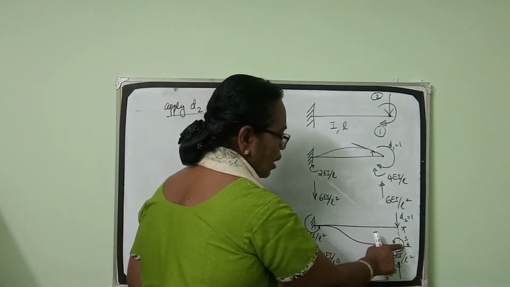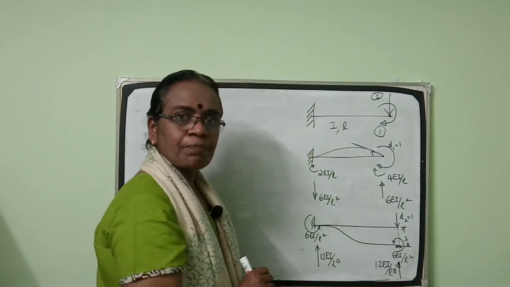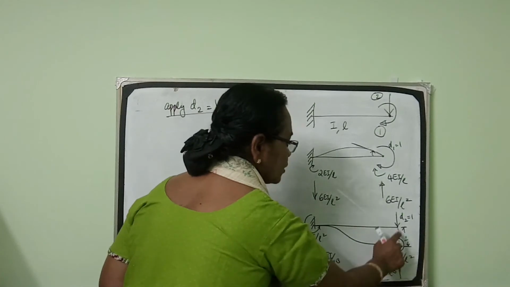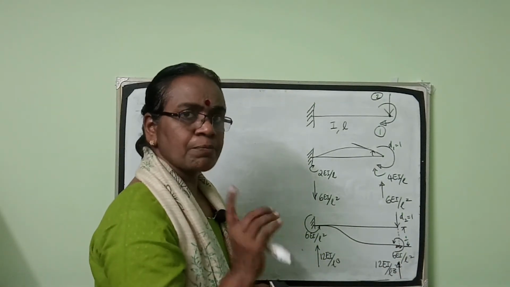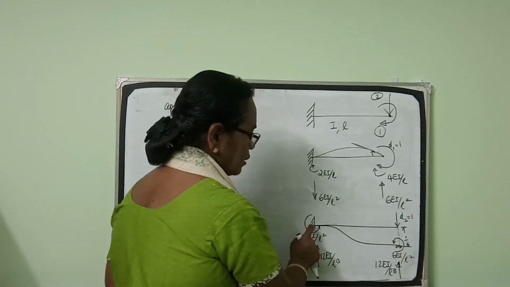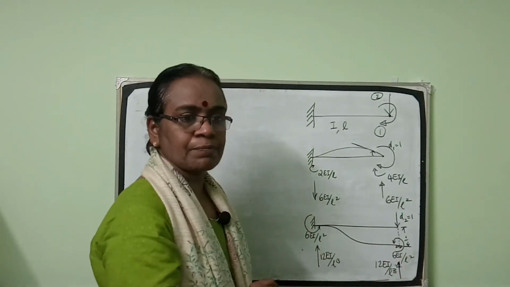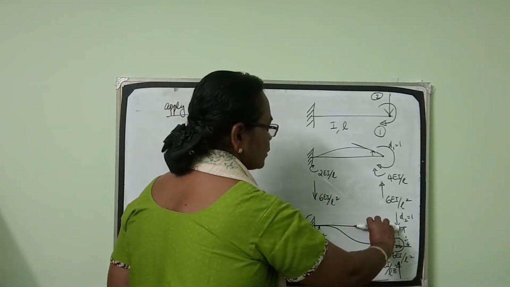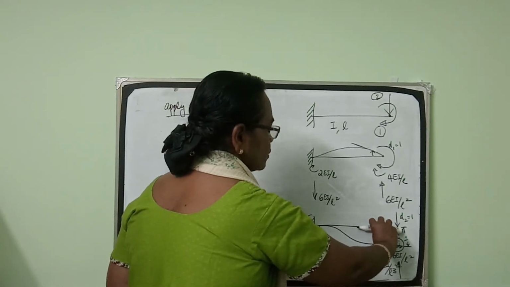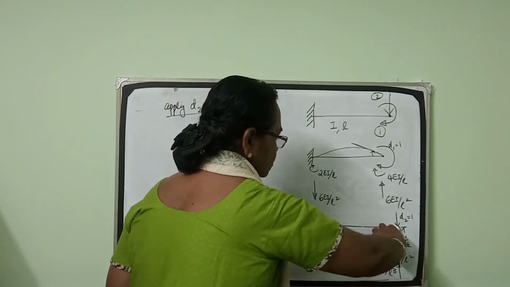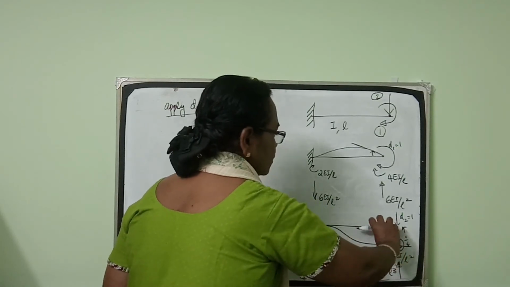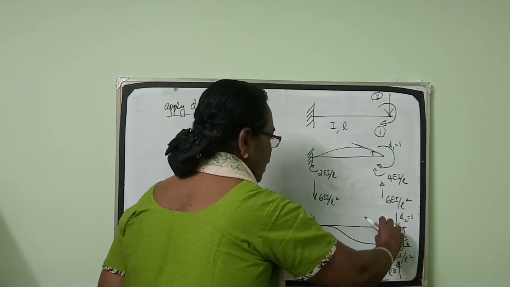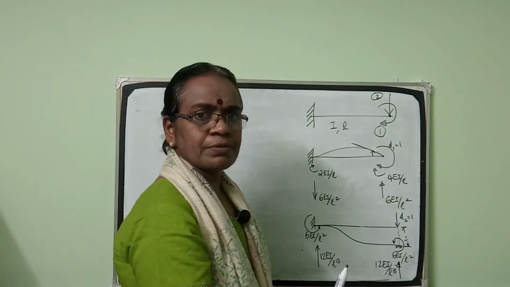When the right support sinks down, the moment produced is 6EI delta by L square. When delta is equal to 1, the moment developed here is 6EI by L square. We can remember one way: when the right support sinks down with respect to the left, the moment is anti-clockwise 6EI by L square. Otherwise, using the thumb rule, this was the original location from B to A. This point comes down. So turn the pen in the direction in which it comes down. So anti-clockwise. So the moment here is anti-clockwise moment 6EI by L square.